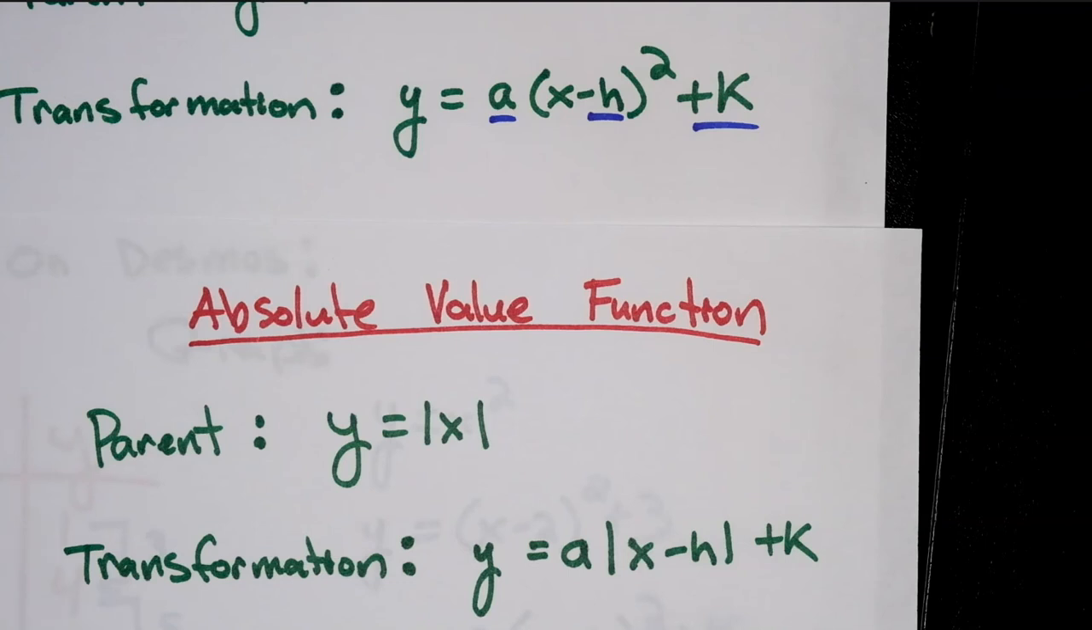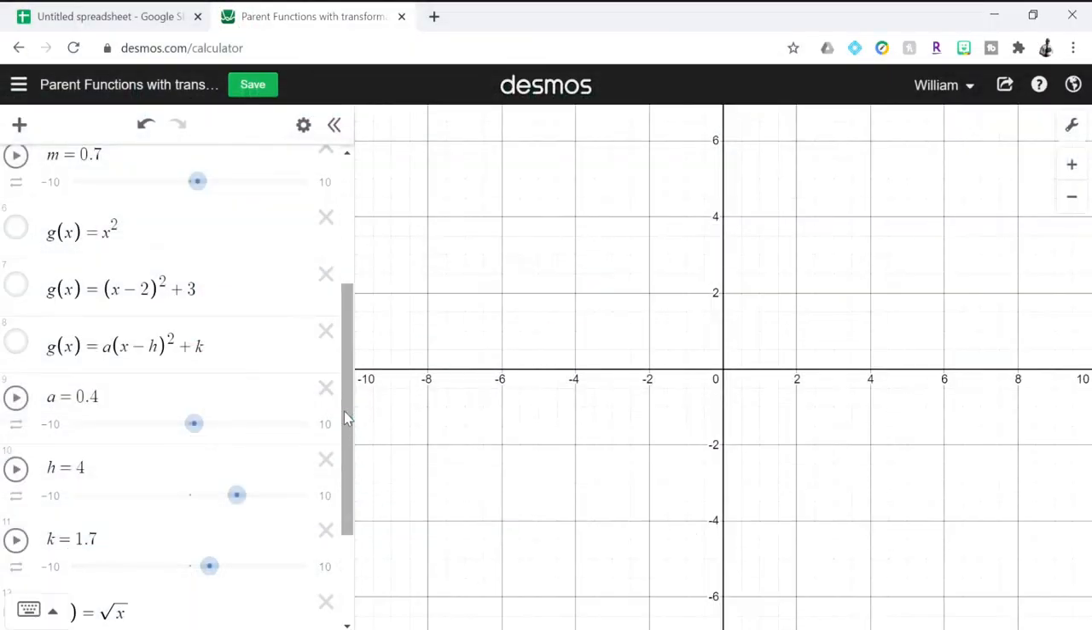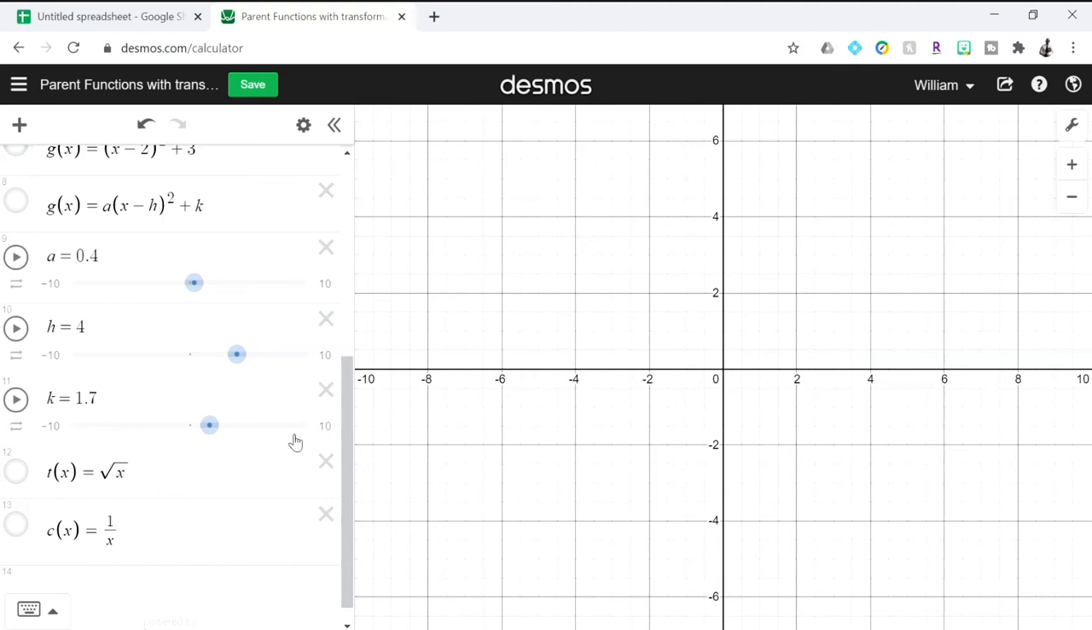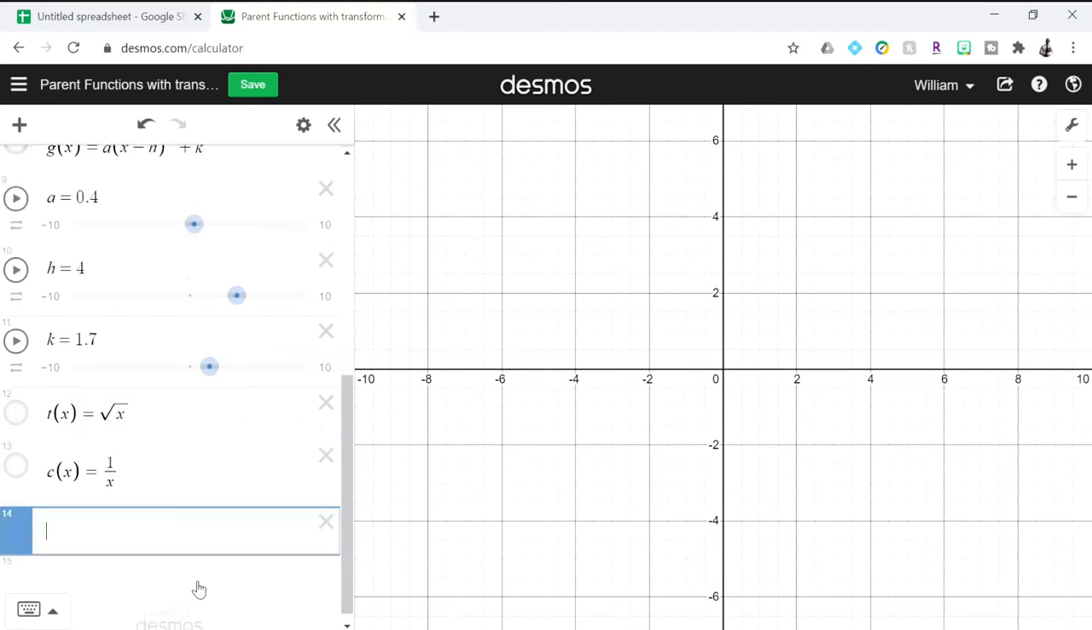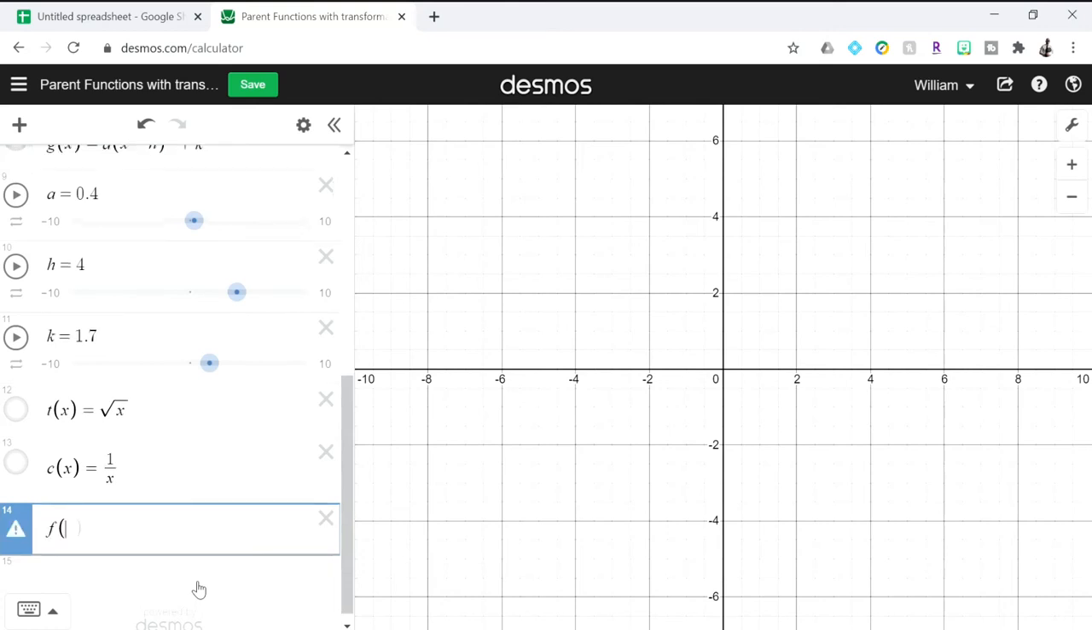So let's hop over to Desmos. And I deleted it earlier. Let me go ahead and add that back in here. So I'm just going to add it right here. We'll call it the f of x again. It's fine. It shouldn't hurt anything. So the f of x. And whenever you want to